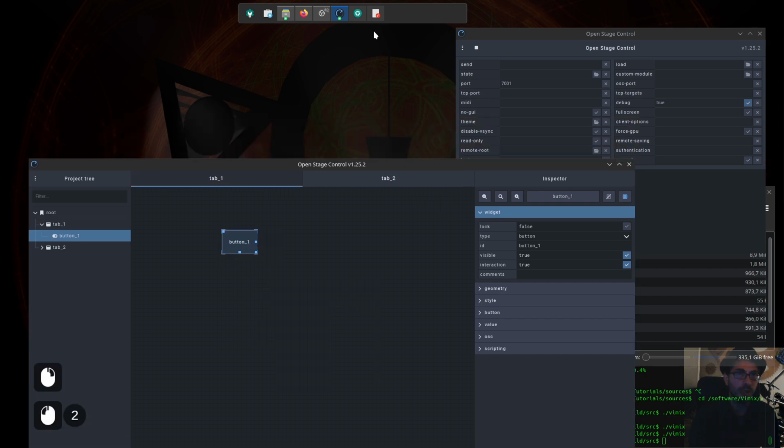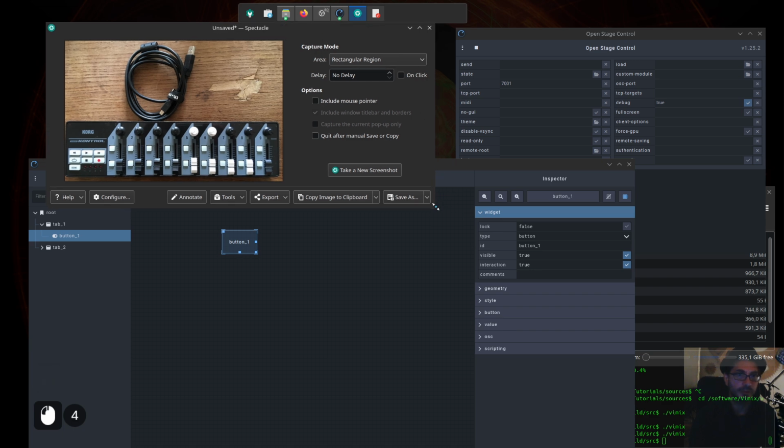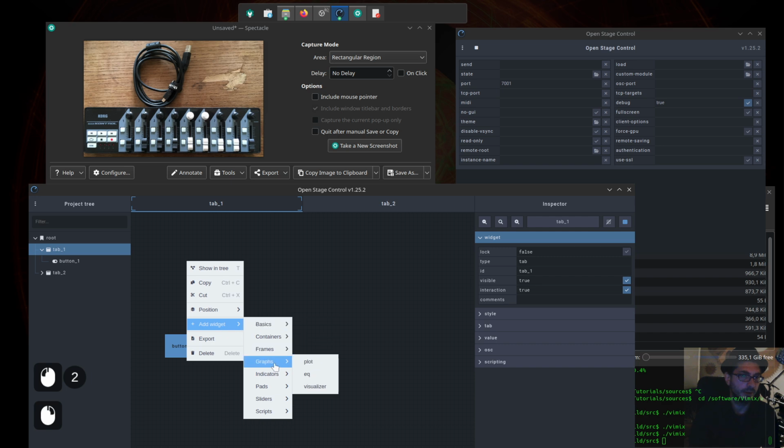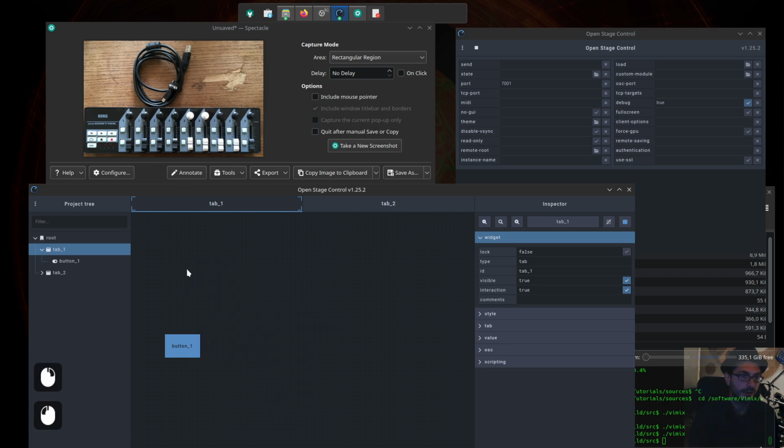A button. We can try to just rebuild this MIDI controller. This would be 2 buttons in a row. I'm going to build 1 row here because I'm showing you some different technique. It's called matrix, where you have to add 1 widget. Here it's called matrix, like this, and there you can create a whole bunch of these buttons, sliders, whatever you need. For the moment, I'm just going for 1 button